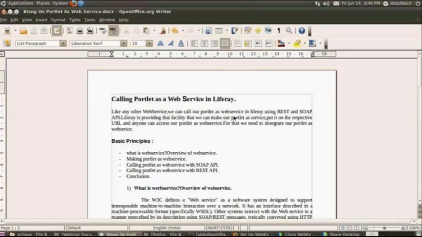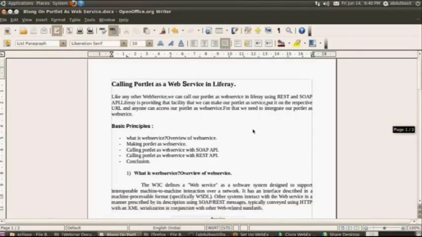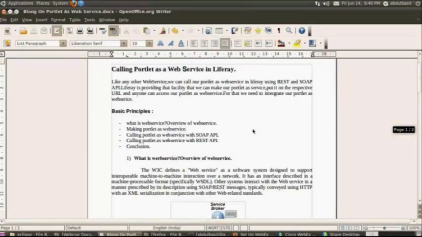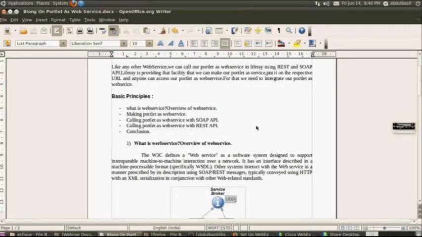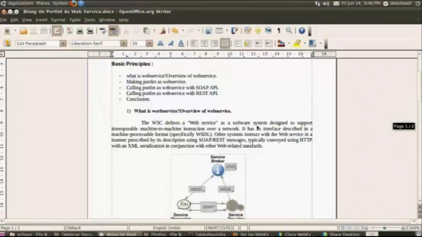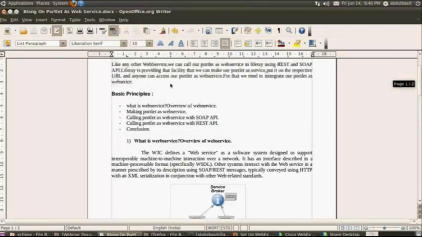So that is the same thing I have written. This is a little bit of the theoretical part, like what is a web service, and making Portlet as a web service. I will just give you a brief overview, because the theory is not that much and you can read it from any document. The main basic points that I am going to cover are, first of all, an introduction about